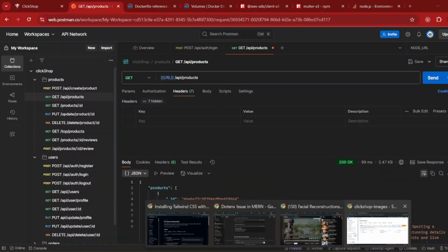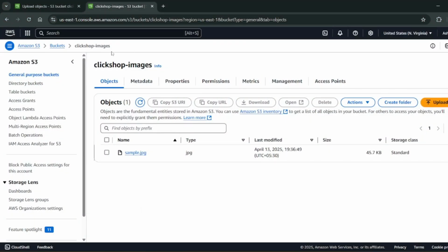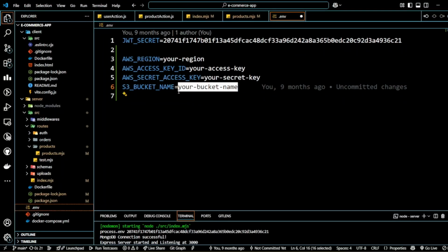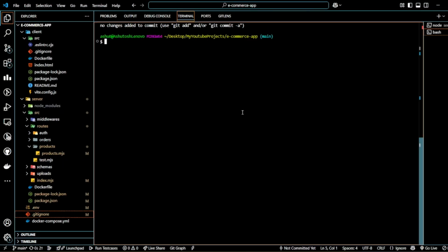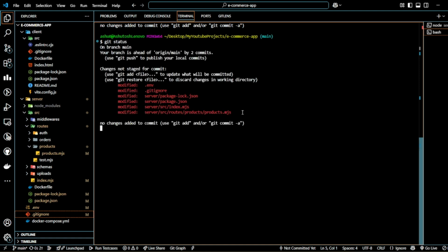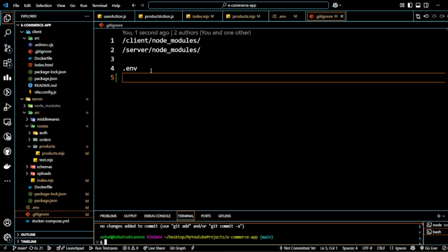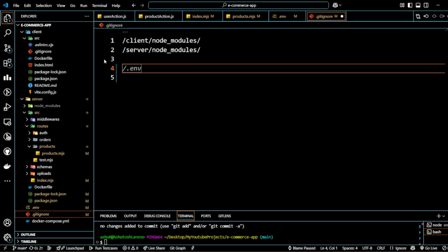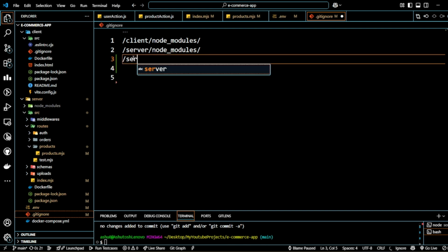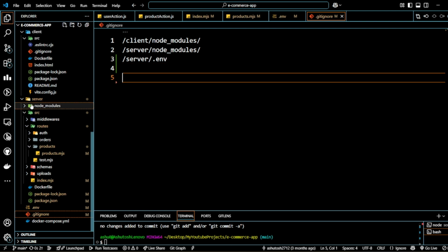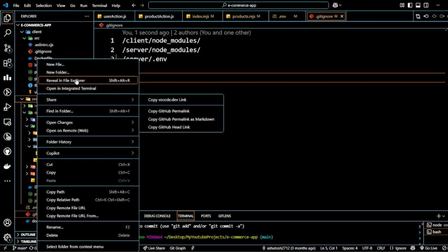But we know the bucket name already. So the bucket name is clicks of images. So I'm going to put this. The rest I will put secretly. Okay. Let's get one more file here. Otherwise our credential will be exposed, actually. What I can see, I should create the environment in the server itself. So new file